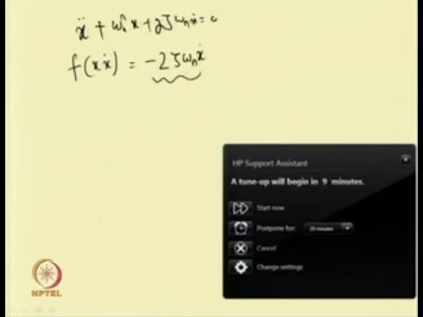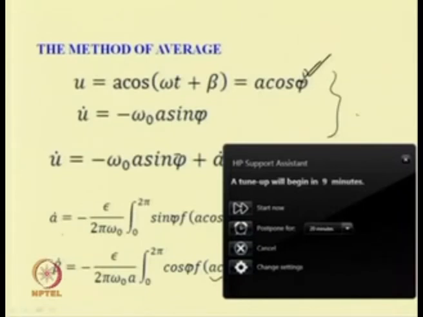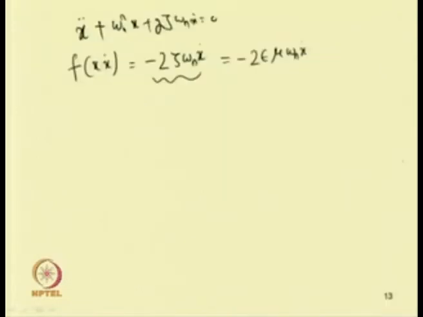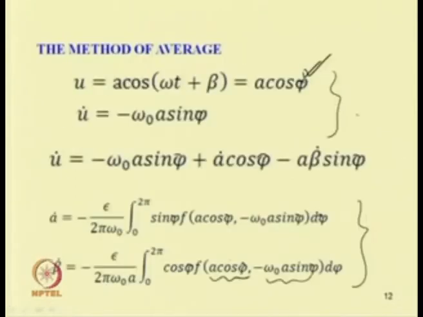So, this can be written using epsilon. We can write this equal to minus 2 epsilon mu omega n x dot, and by substituting this in the A dot and beta dot equations, we can find the solution of the system. So, this is minus 2 mu omega n x dot, and by substituting minus 2 epsilon mu x dot in that equation,